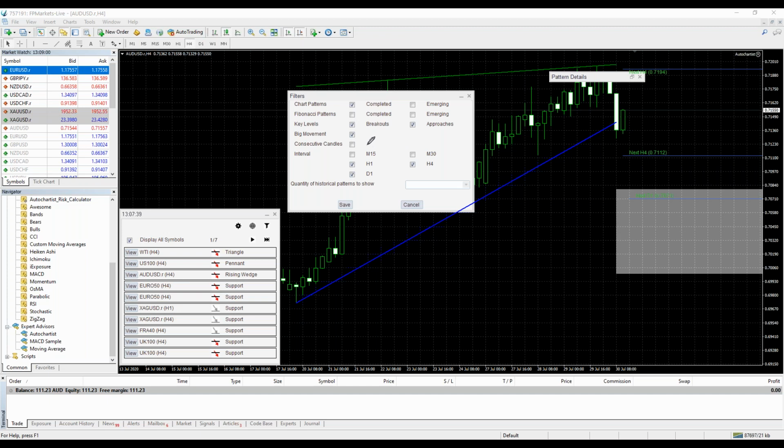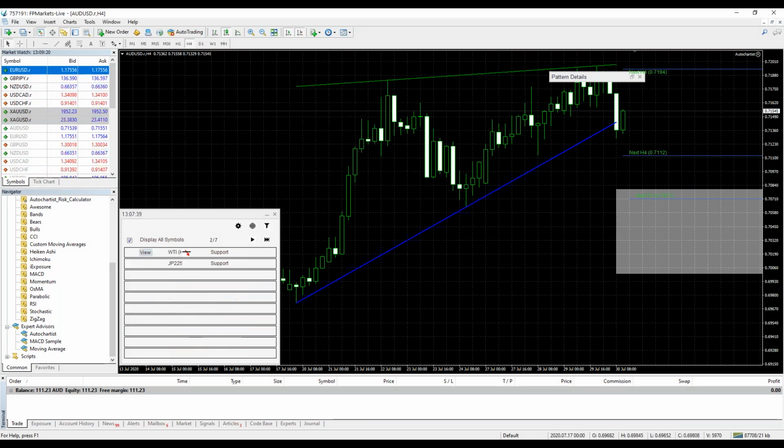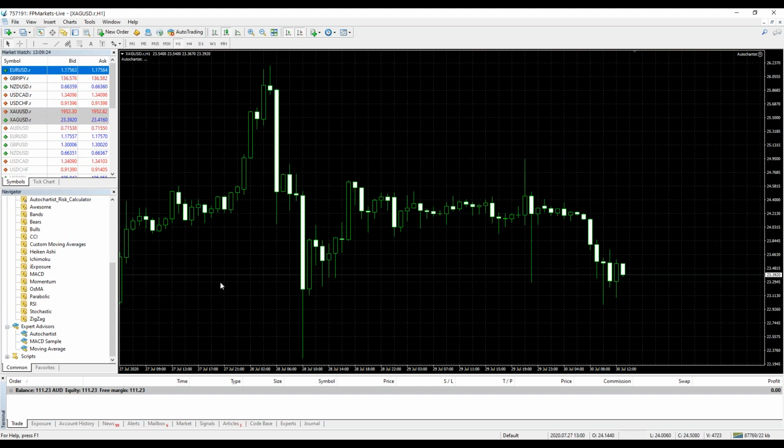The other thing I also like to look at, and I don't really use it personally as a call to action, but I like to look at the big movements that are happening in the market. The big movements signal to me the exceptionally large movements that are going on in the market, right? So I'll give you some examples. Let's see if we've got some big movements going on. Okay, here we go. Here's some.